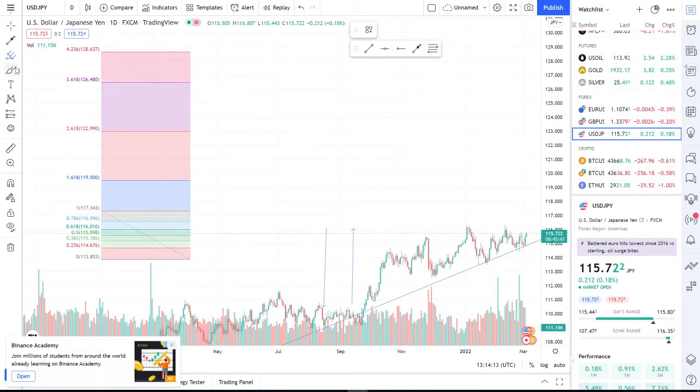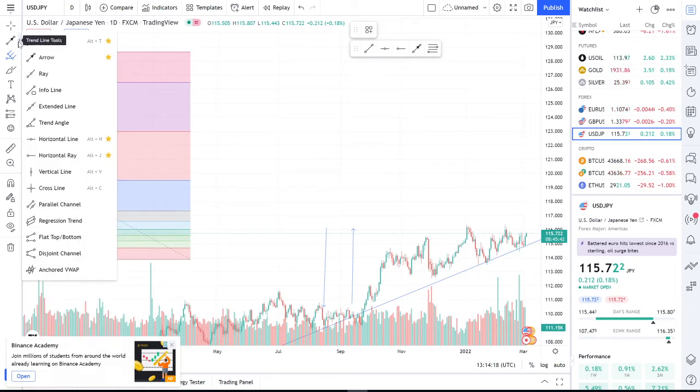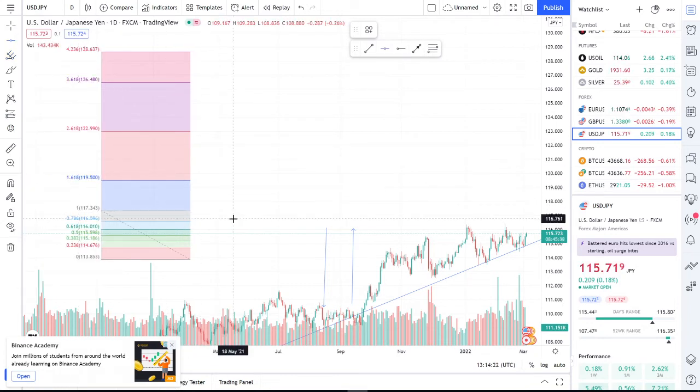Okay, if you're just listen, just listen. Like I said, be a good listener. Know what you want to do and just carry it out. Right? The horizontal ray and horizontal line. The difference there is